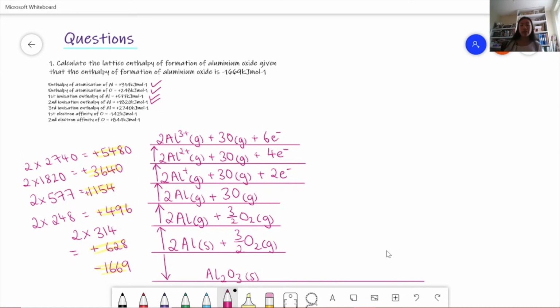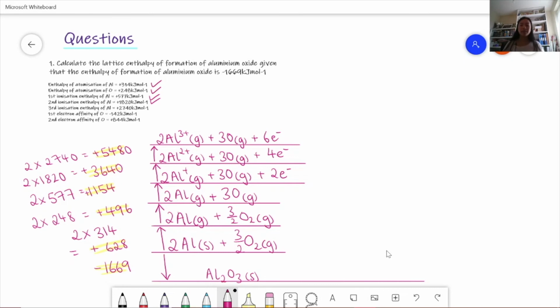And now this should be our top layer because that's the end of our endothermic reactions. So what you need to remember is that you start off with the enthalpy of formation, which we have at the bottom. We place those at the bottom. And then you have the solid ionic compound right at the bottom. And then going up from the aluminium solid and oxygen gas, you have atomization and ionization energies. And then we'll move on to do the electron affinities, and then finally it'll be the lattice enthalpy of formation